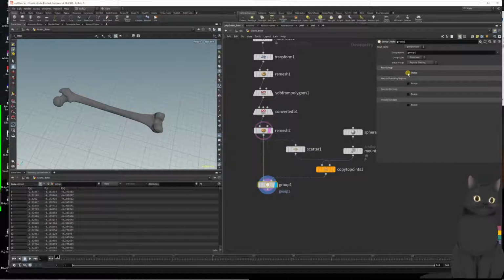And then what we can do is drop a group node, and in the first input we drop our remesh node, and in the second